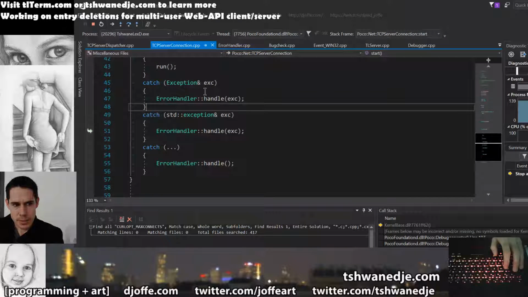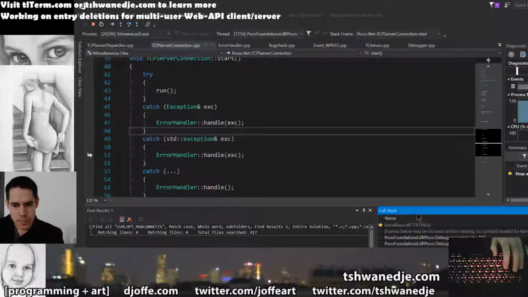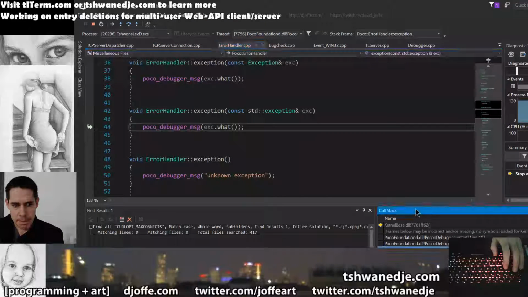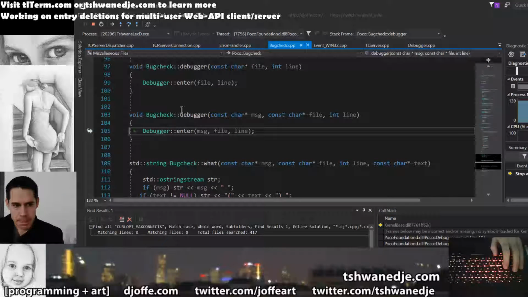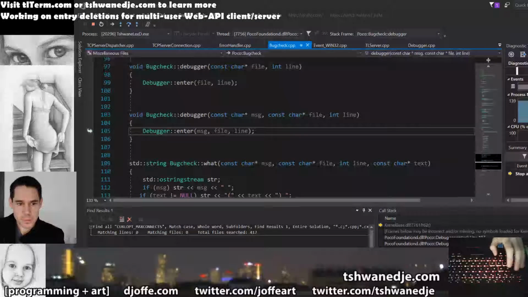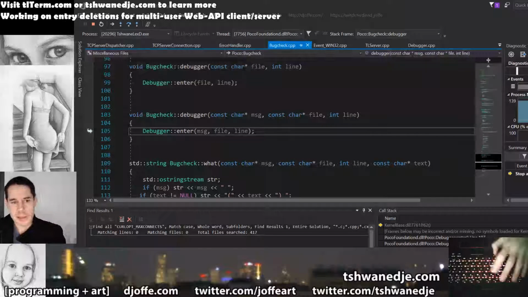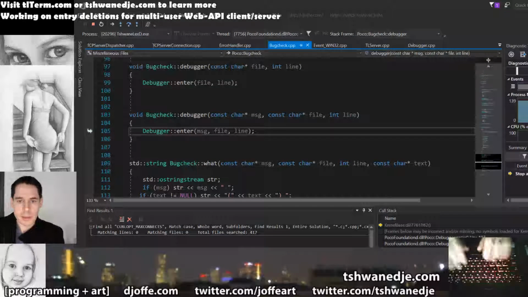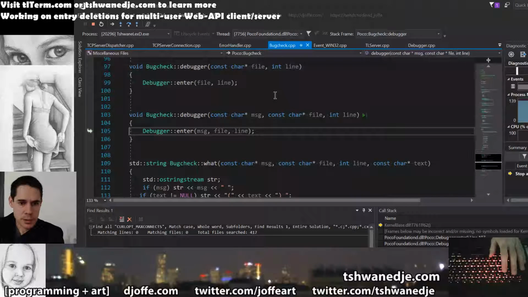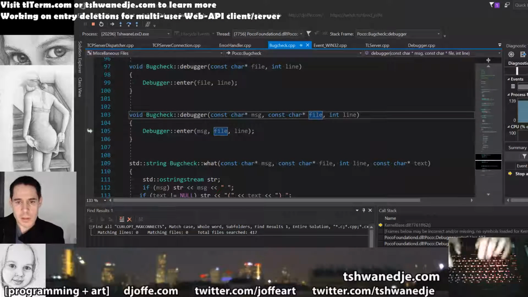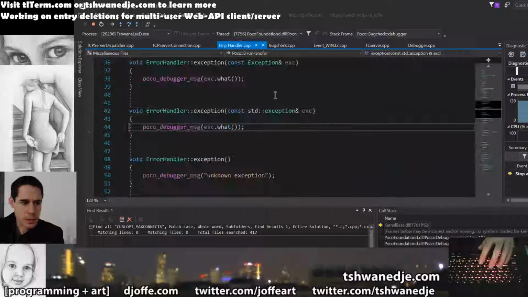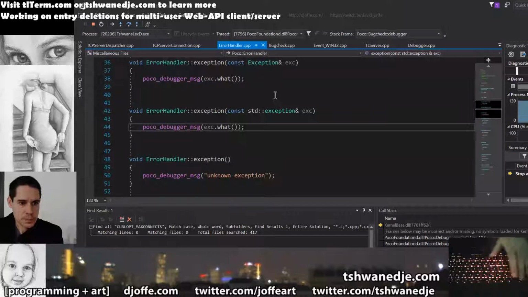That's weird. Oh, there's information. Poco Foundation source. Oh no, that's an error handler, and that's not useful information. Error handler line 44. Doesn't really look like useful information. Let's go look, just Poco Foundation source error handler. Yeah, that's just